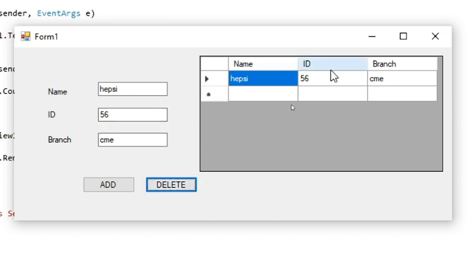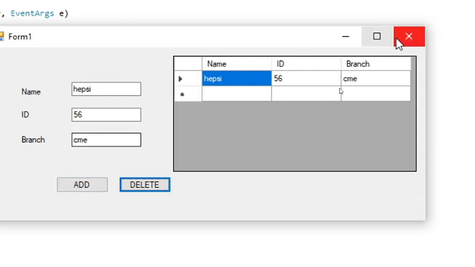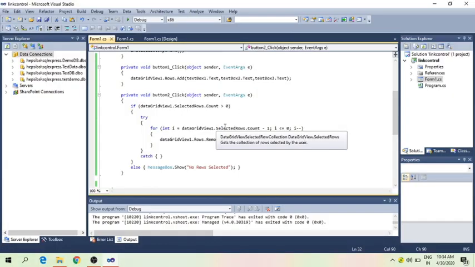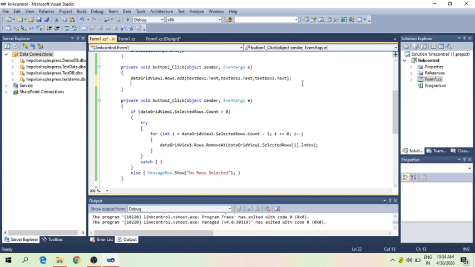And after copying the information into the data grid, the text boxes here are not getting cleared. So let's write code for this too. Go back to our program. What we have to do is, in the add button, let's clear the data.